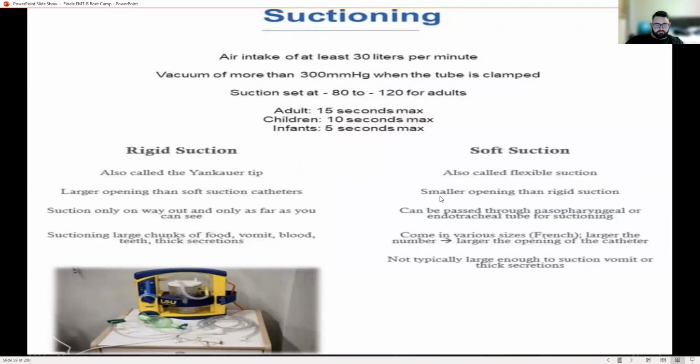Suctioning. So as the EMT-B, you can only use the rigid suctioning, the hard tip Yankauer or Harry Potter wand. And the big takeaway from this is that suction needs to be set to -80 to -120 for adults, and that you only suction on the way out. Only suction on the way out, and only do it for,